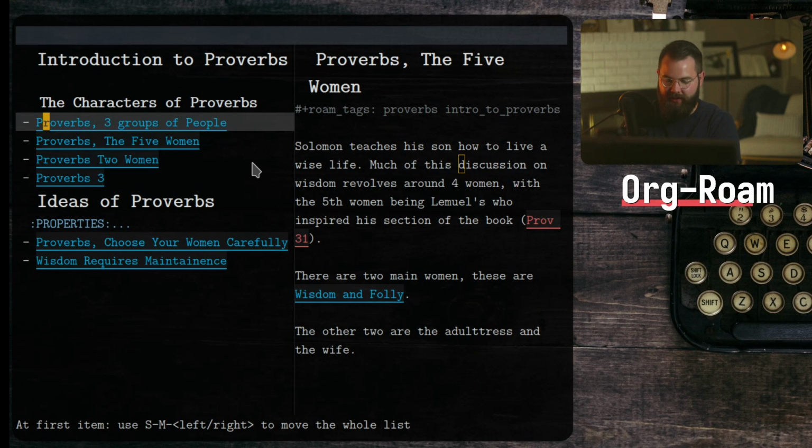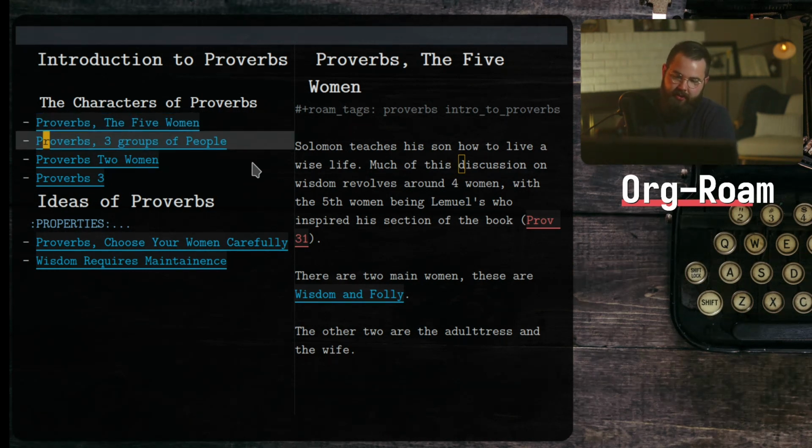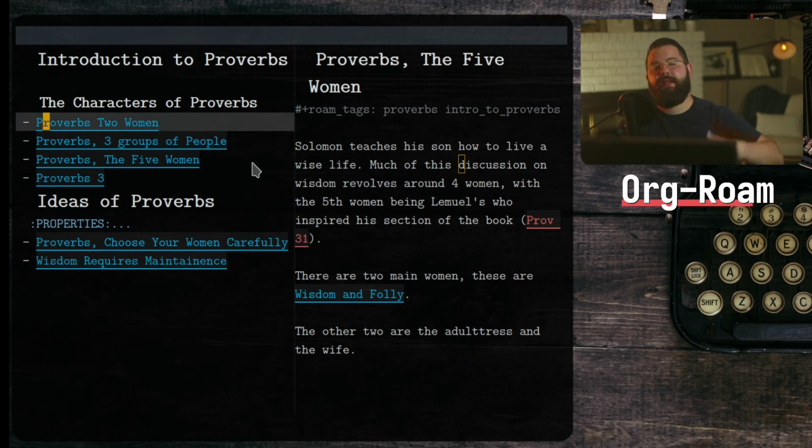And index, org header tag, org header. But you can move things around like that and say, well, I want the 5 women, or I want the 2 women at the top. And you can move things around, and that's fine, that's quick, great. So that is how hub notes work when you have like an idea, several things that are coming together, and